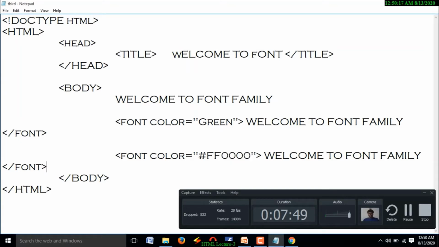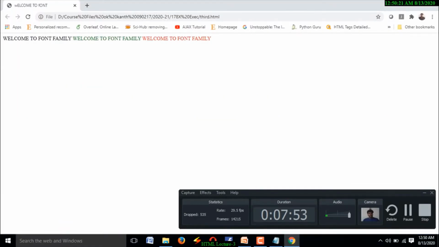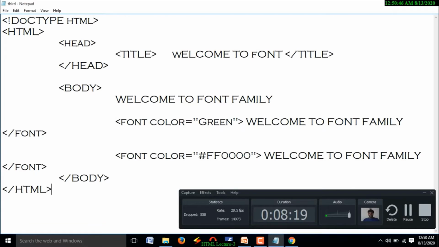Suppose I save this file and execute it. What am I going to get? The first welcome to font family is in normal text, and for the second we applied the color name directly. The color name is what? Green. For the third welcome to font family, what did we apply? We applied a hexadecimal value.